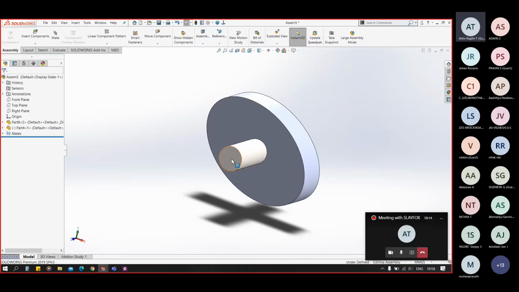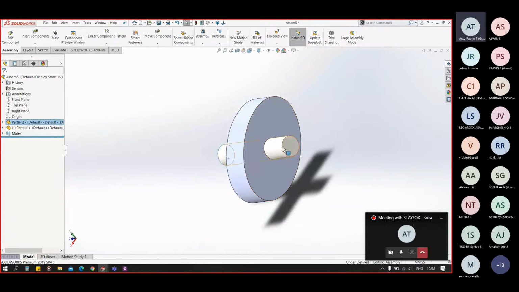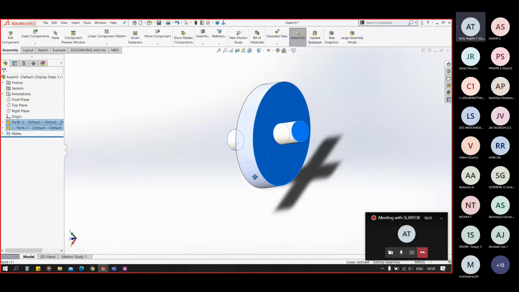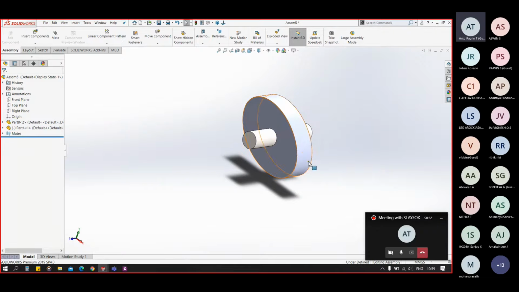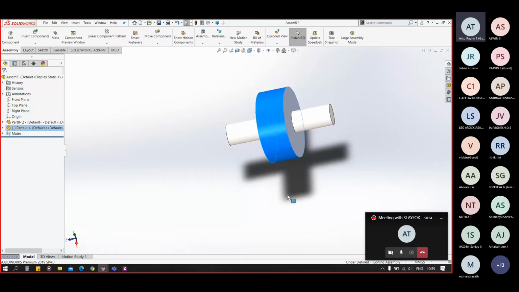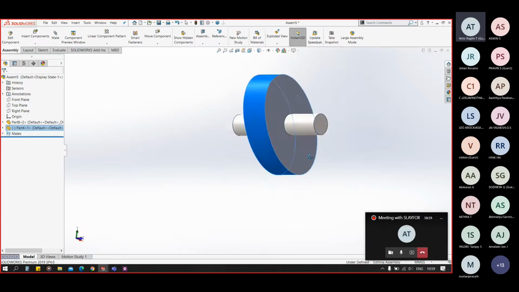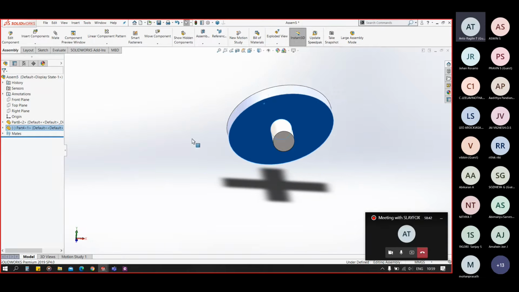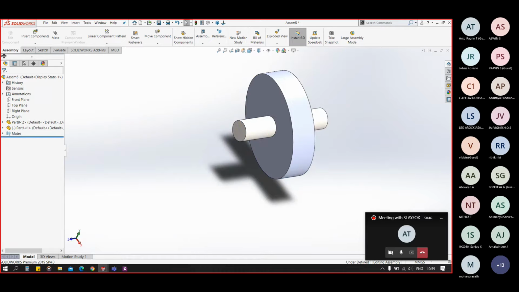Now suppose I want this follower to be at the exact center. So what I'll do is a width mate. Now remember this shortcut for width mate. Select this face, press Control, select these two faces, and you can see the width mate pop-up appears here, and as you click on it, it will automatically add a width mate. Now it has only 1 degree of freedom, that is of rotation. Okay, so we only have the rotational degree of freedom here.